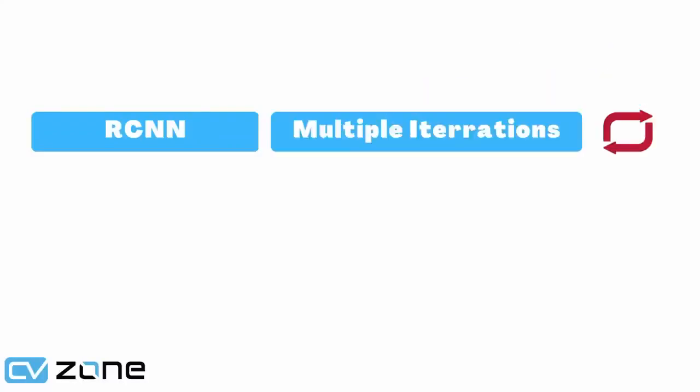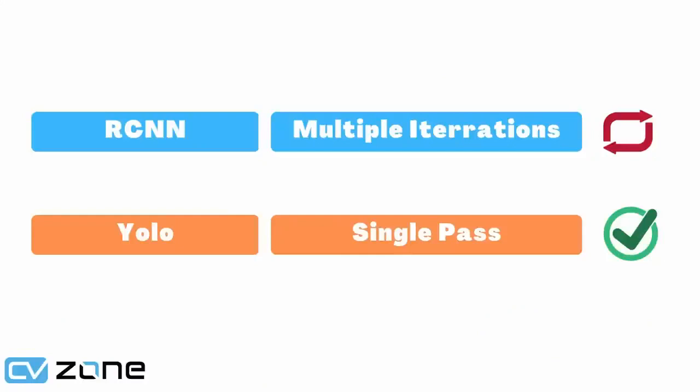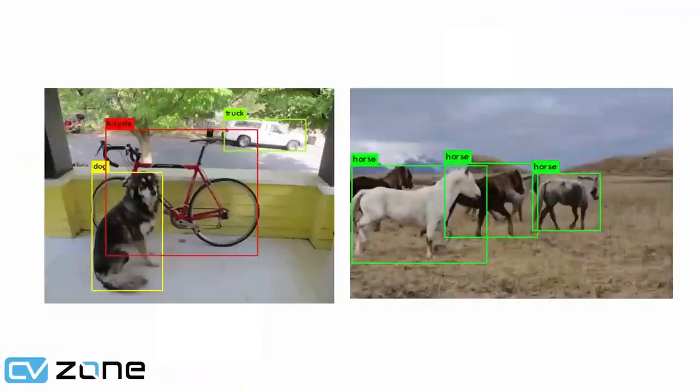Methods like RCNN used region proposals to perform multiple iterations for the same image, while YOLO gets it done in a single iteration. This makes YOLO more efficient even though the architecture of YOLO is based on convolutional layers similar